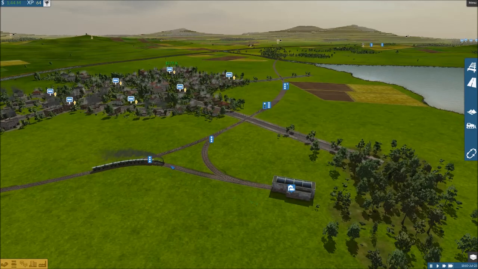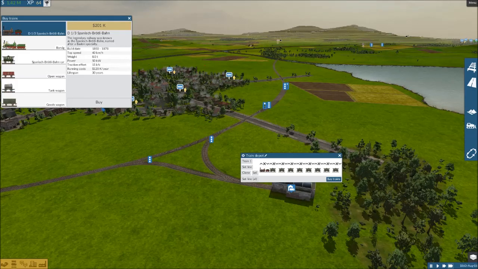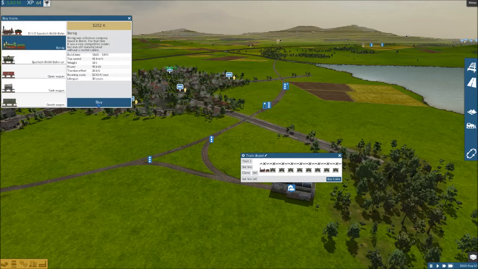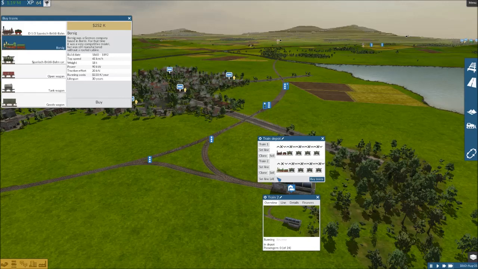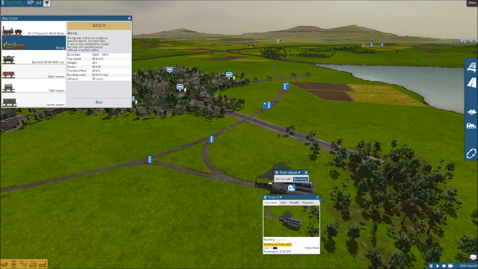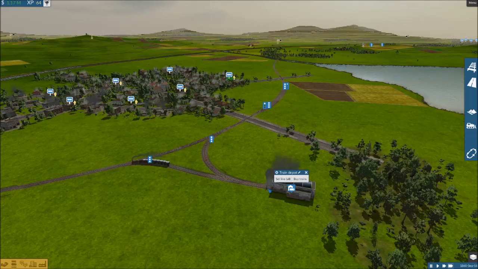And I'm going to change it because I believe there's a new train available as well. So there's a new train available, so I'm going to buy the new train and I'm going to send 4 carriages down to this one, and then they're all going to go back onto line 1. Now what's going to happen is this train will not leave, there we go,